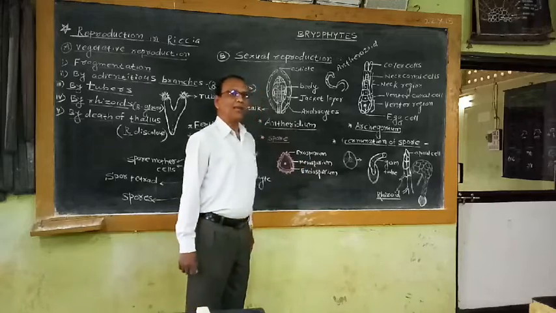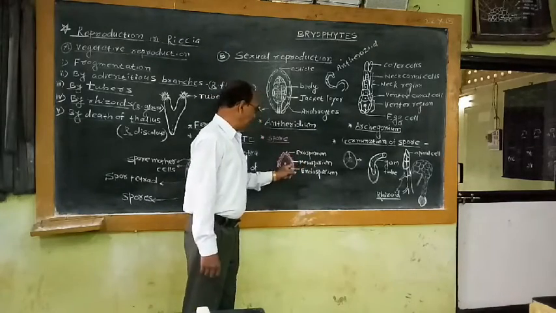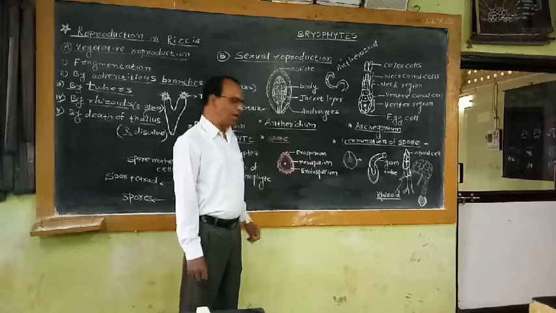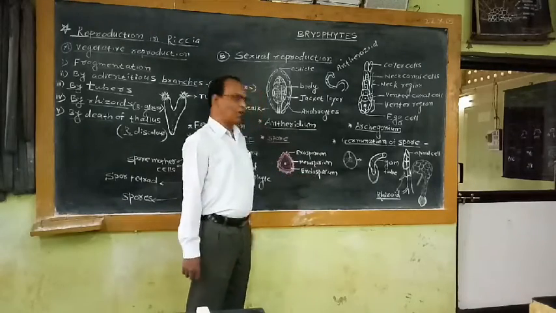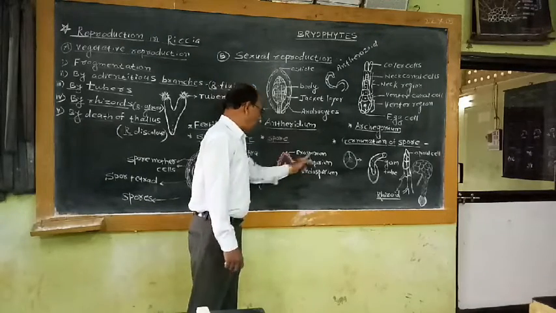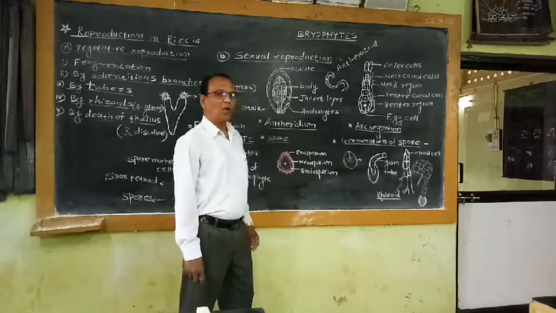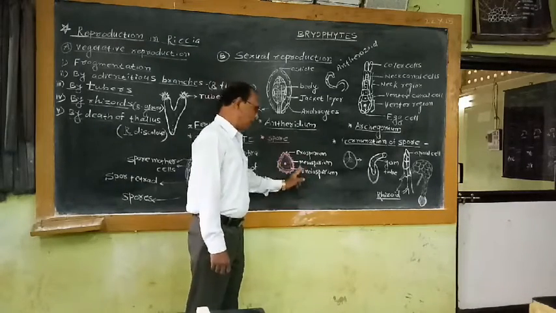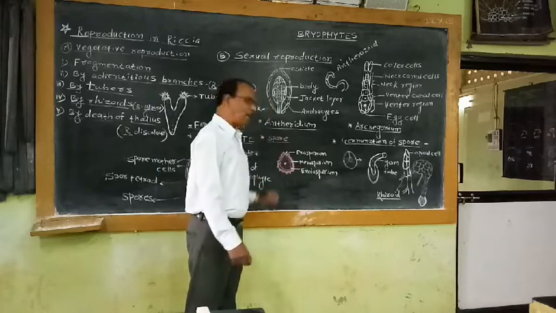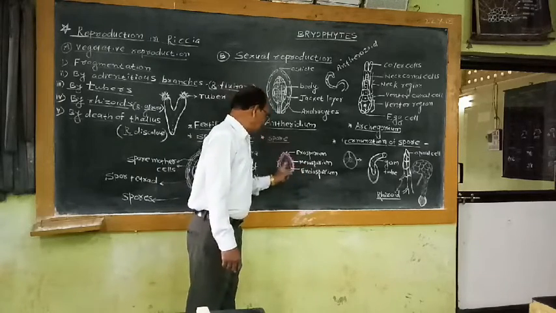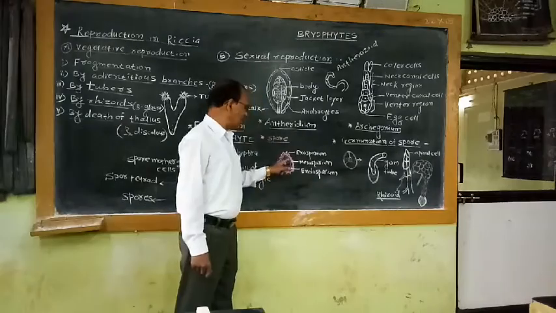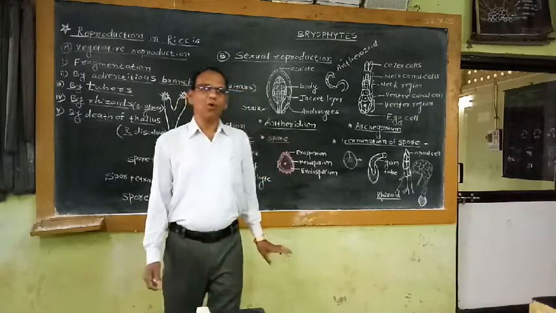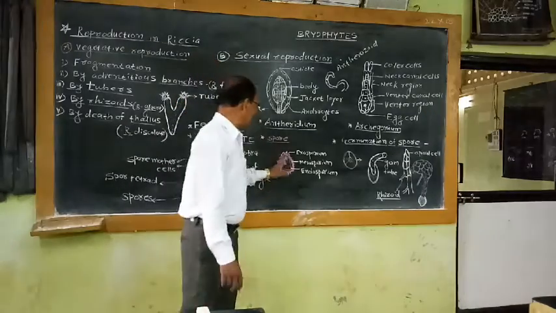The outer wall is ornamented. It is known as exosporium. The middle wall is known as mesosporium. The inner wall is known as endosporium. Out of these 3 walls, only the outer wall is ornamented or spiny. The remaining middle wall and inner wall, mesosporium and endosporium, are smooth walls. Then centrally there is a prominent nucleus, dense cytoplasm, and food material may be there in the cytoplasm of the